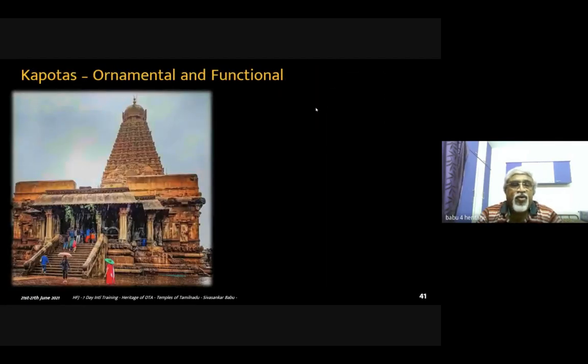One special function about Kapota is the rain part. So during rain, the front mandapa, this is a Kodungai kind of a thing. If you see this, the first part is the concave part, and then you have a convex part. This is the Kodungai part. So see how much it extends out, and is able to ensure that the rainwater doesn't drip into the mandapa. This is the functional component.